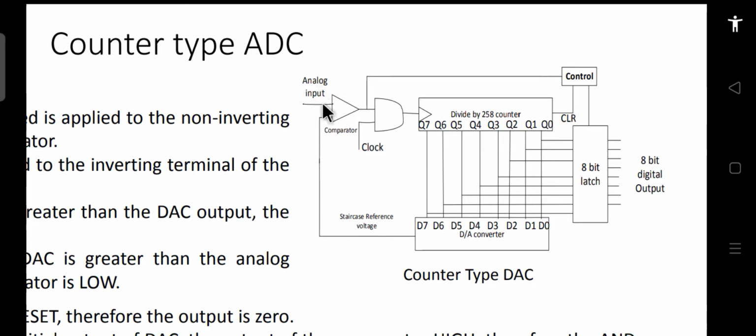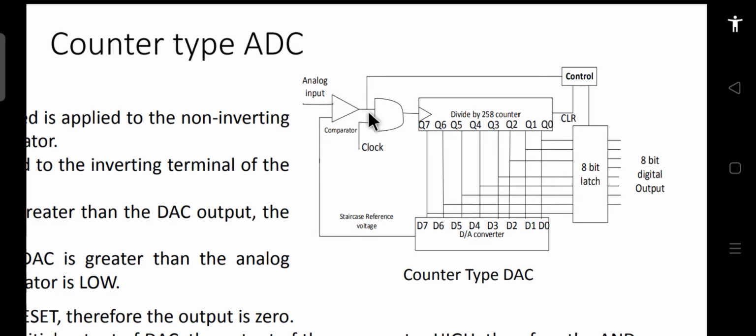This value keeps increasing while the analog input is a fixed value, so after some instant the two values become equal.